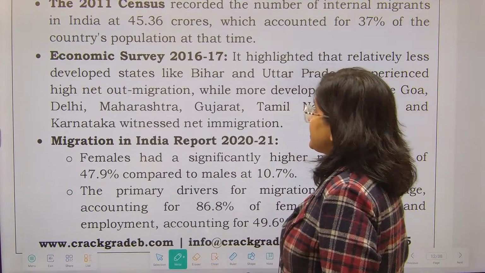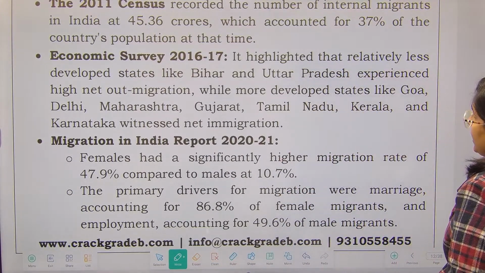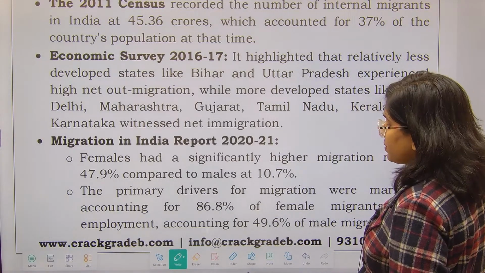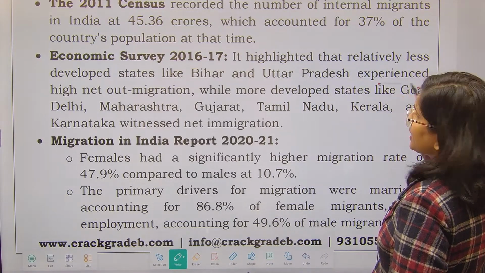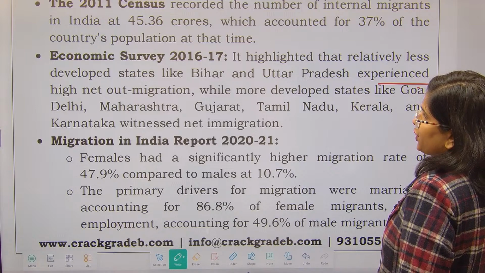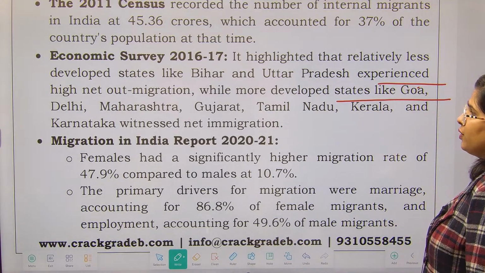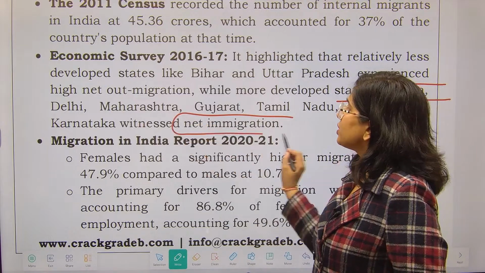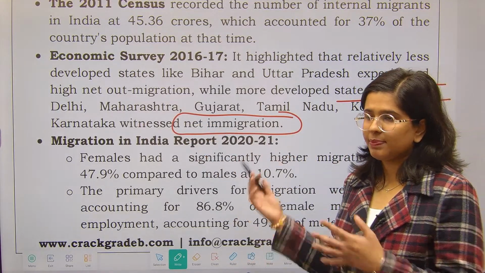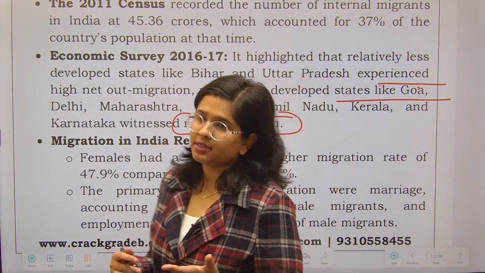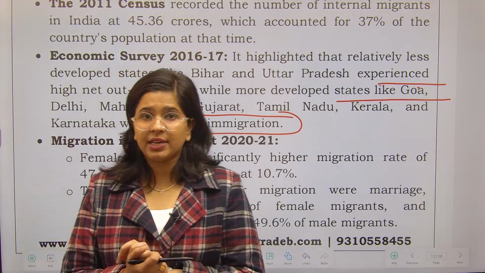Economic Survey 2016-17 data I have also taken. It highlighted that relatively less developed states, for example, Bihar, UP, experienced high net out migration, while the more developed states, for example, Goa, Delhi, Maharashtra, Gujarat, Tamil Nadu, have witnessed net immigration. Immigration means people have come over to these states in search of employment as well as better education